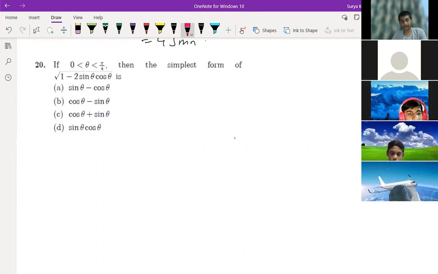Sin theta minus cos theta, cos theta. The answer is cos theta minus sine theta. This only, rest of the process. Praharshan, for this also same thing. For you also same, B option. Sir, I was confused between A or B. I just chose it. You're confused. Sir, I knew there was sine and cos, and there was a minus sign in the middle, but I didn't know which side was sine and which side was cos.